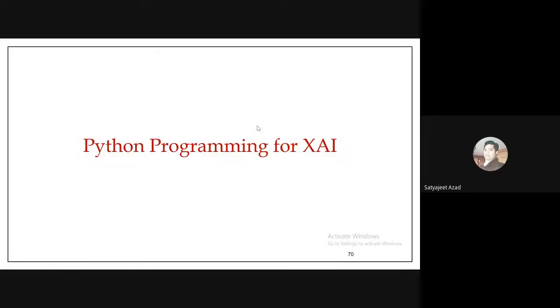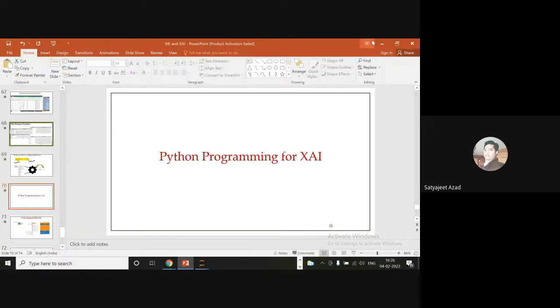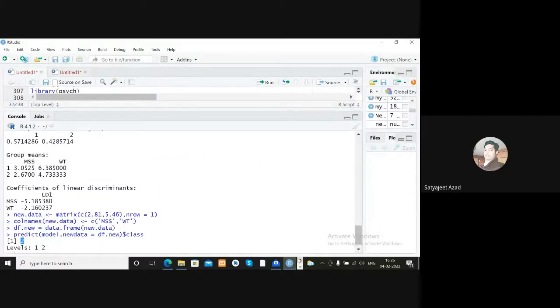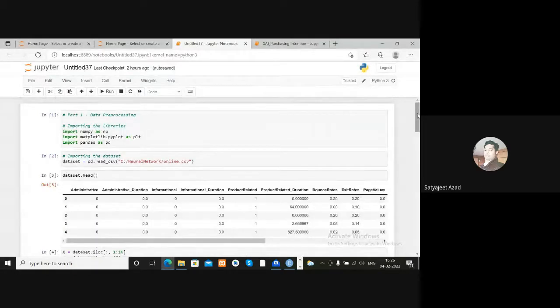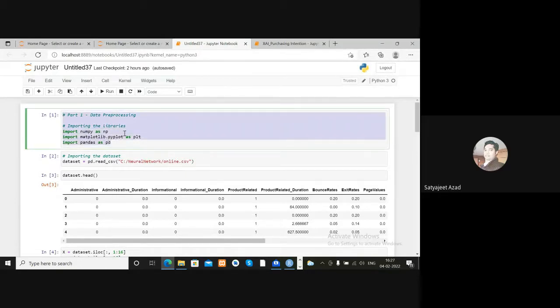Now I'm going to do this Python program because you have seen this data set. So let me open this Python programming. In Python, I think in the morning one of the speakers showed you this Jupyter notebook. You might be aware of this. There is something called data pre-processing. These are some libraries in Python: NumPy, pyplot as plt, which is matplotlib. I'm not using any plot here, but this is for data visualization, and pandas as pd, for mathematical calculations and all.